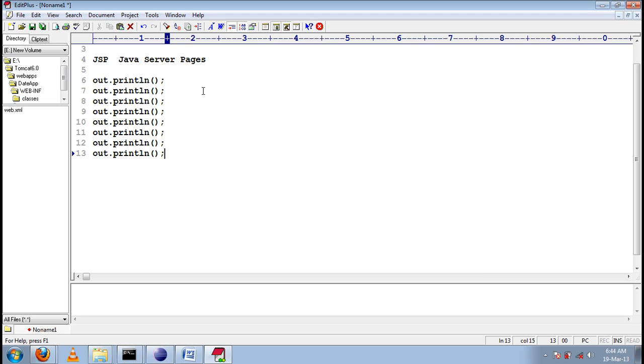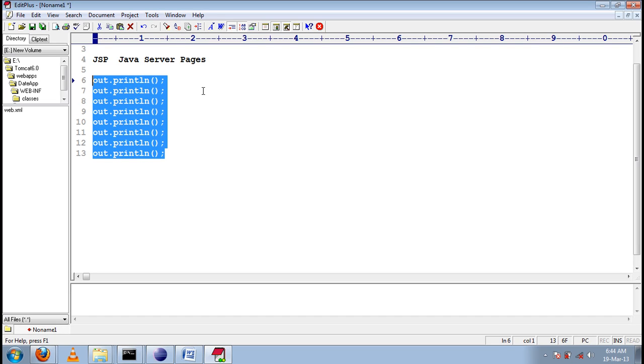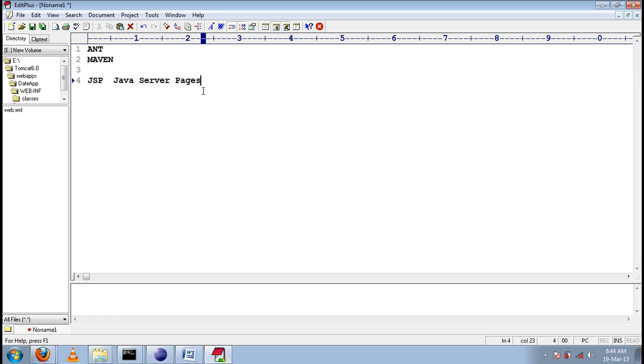To overcome these two problems, we have JSP pages. JSP was implemented to overcome these two problems. A big problem with servlets is if you want to change anything and get the changes reflected, we should recompile, redeploy and restart the server. Then only the changes will be reflected. That's the first problem. The second problem is